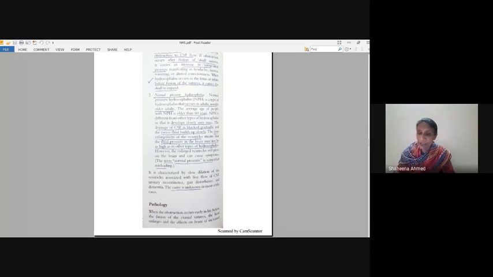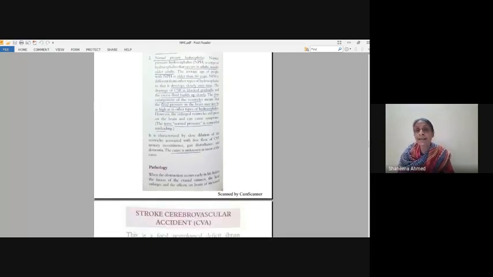Now the normal pressure hydrocephalus, again this is a misnomer. There is no such thing as normal pressure hydrocephalus, but it's a name which just keeps coming up, and it has not been changed. It's a misleading term. This type of hydrocephalus is seen in older people, basically those over 60 years of age. And this obstruction to the flow of the cerebrospinal fluid develops slowly over a period of time,